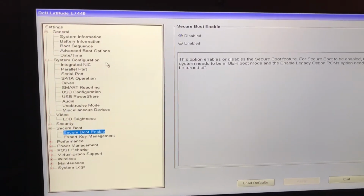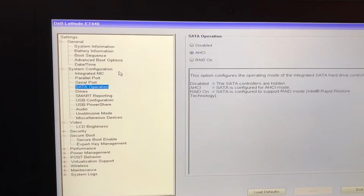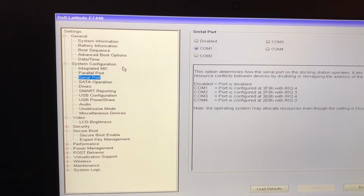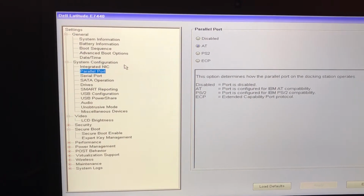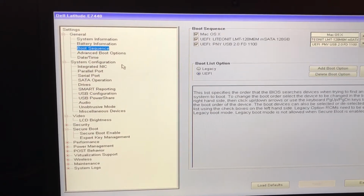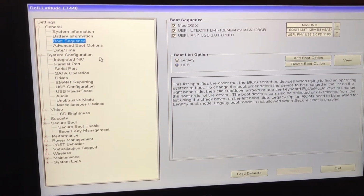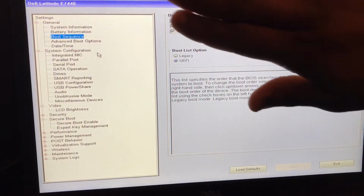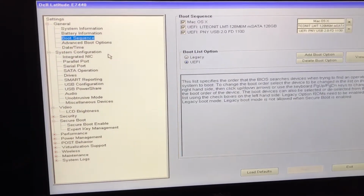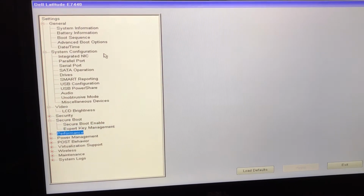So the first step is we went to SATA, and we want to make sure that SATA is set to AHCI, serial port COM1, and parallel port AT. When we go to boot sequence, make sure that it's set to UEFI. Don't worry about the other stuff up there. Just make sure your boot list is set to UEFI. Mac does not boot in legacy. UEFI. Then you're going to come down